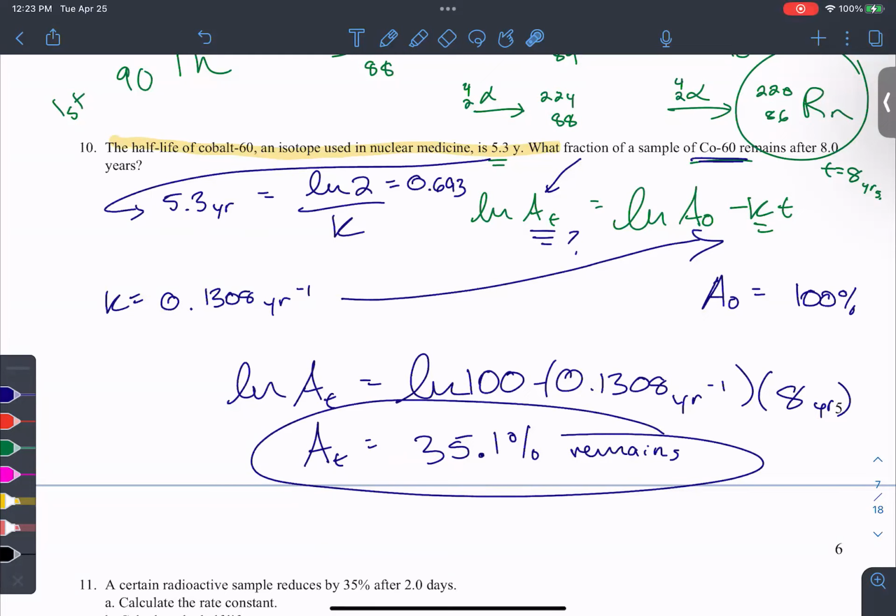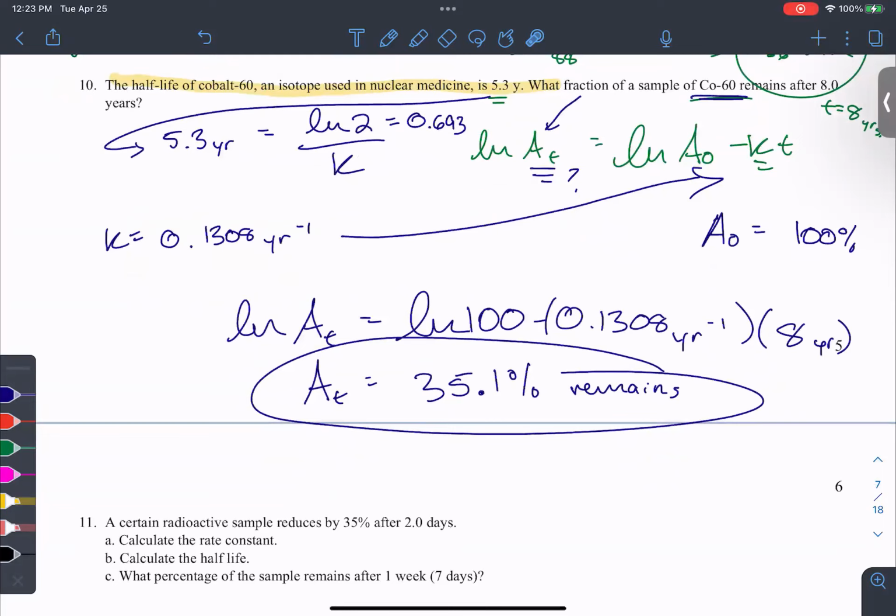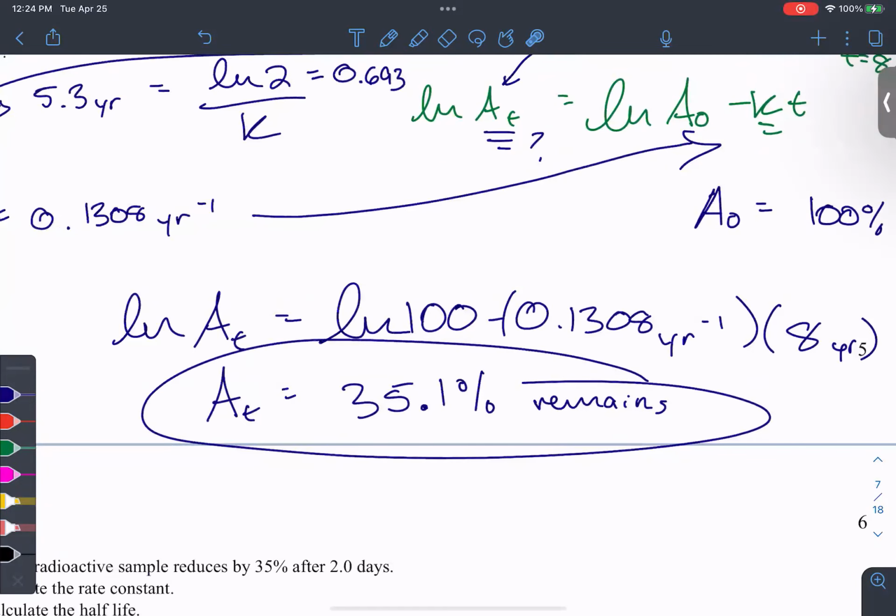Okay, good. Another question that someone else asked me is, do the units for the integrated rate law matter? They don't, as long as they're the same. See, in this example I have these in percentages, and that's fine. And the reason why concentration doesn't make a difference here for our integrated rate law for first order reactions